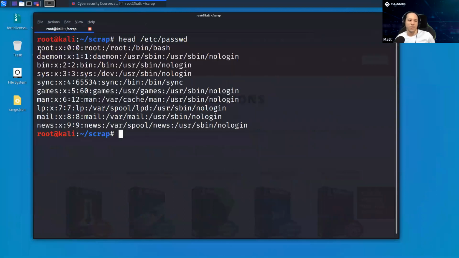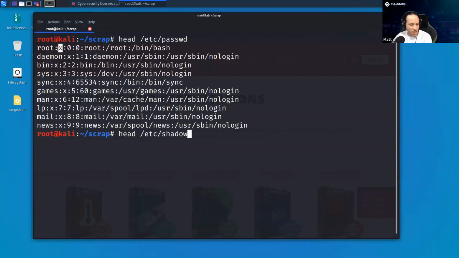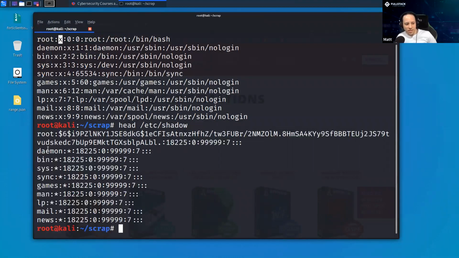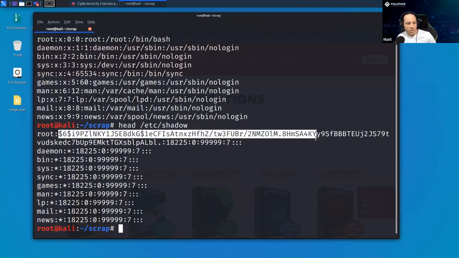We should kind of remember, right? It has the user on the first entry, separated by colons. We have other bits of information. Can anyone recall what it means if the second field is just an X in this password file? It has a password. It has a password. And where are those passwords stored? /etc/shadow. Yep. So head /etc/shadow. Yep, Pooch got it. Good. All right. So here is where that actual password is stored.